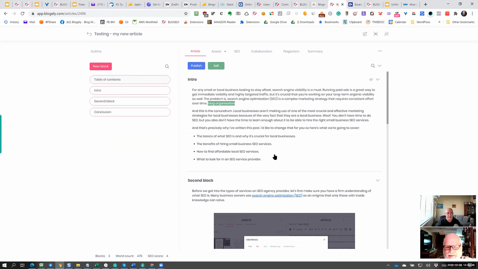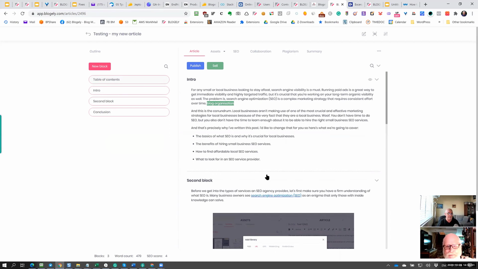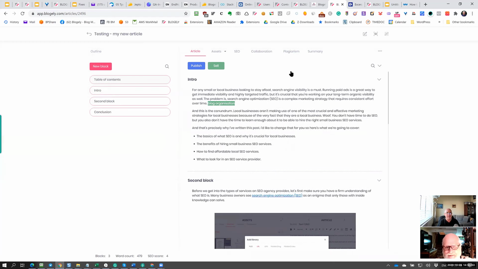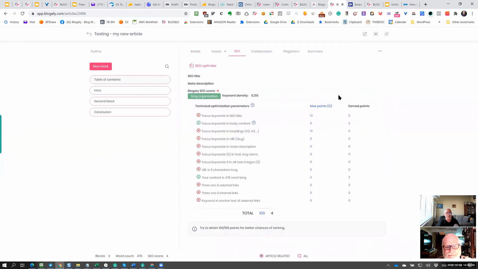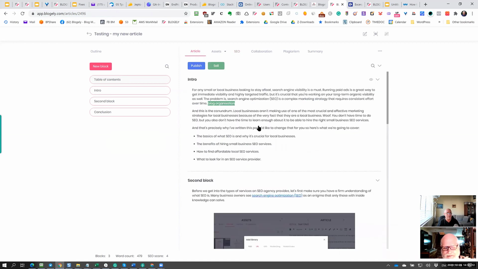So what's left next? You build your article, you enhance it with images and URLs, then you go through SEO optimization and optimize it. Once you optimize it, you can check it here. It will show you your score. Right now, I've got only 4 points, but of course, I don't have time now to optimize. You can spend 4-5 minutes. You can optimize any article pretty quickly once you get to the SEO.